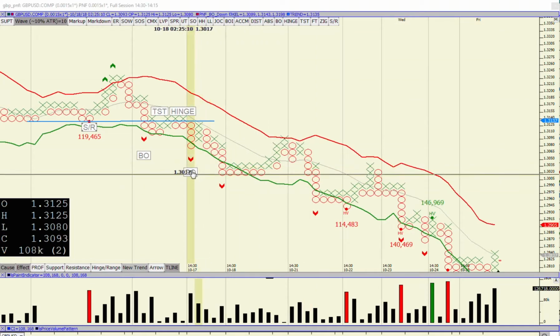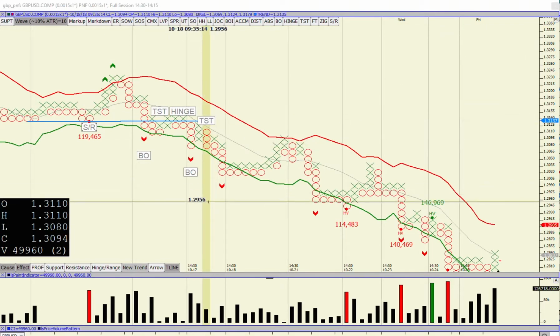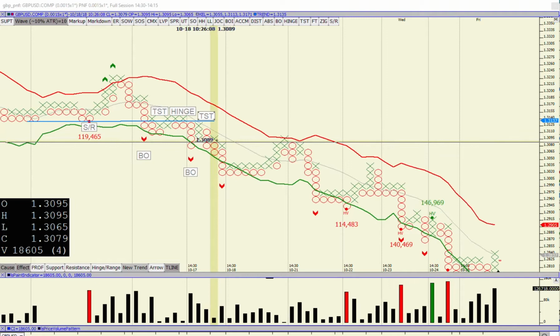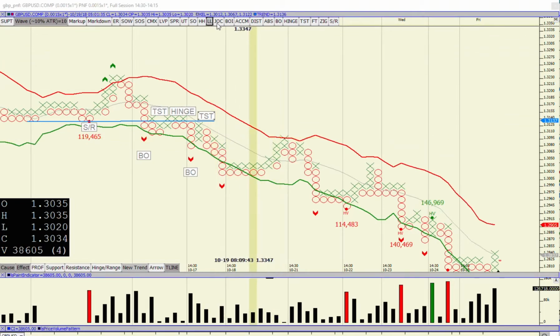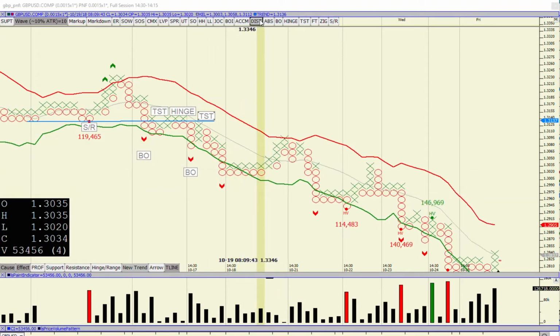Right there. Now what happens? You get a test, right there. There really isn't much of a hinge. I mean, someone may say this little X is a hinge, but it's not good enough. So after that, what are you looking for? Break, test, break, test, break, right? So over here, you look next for